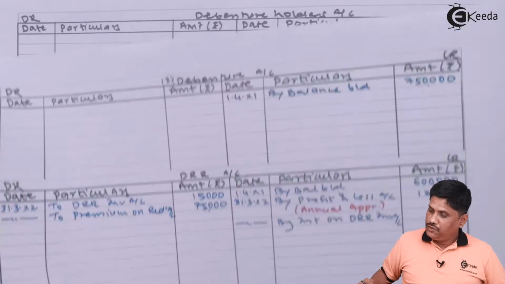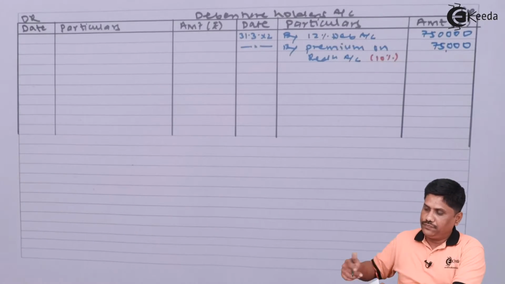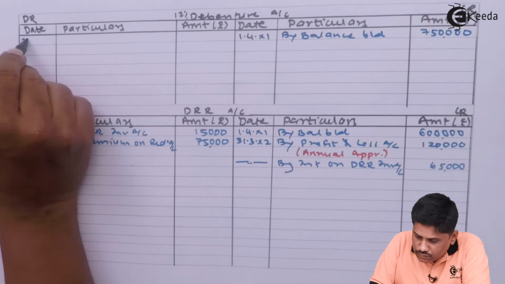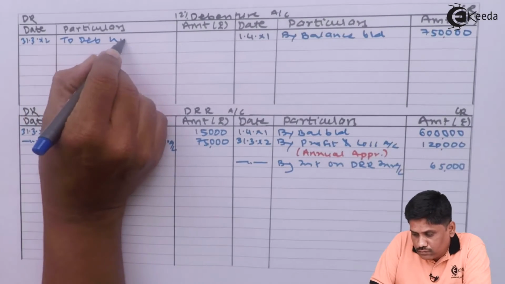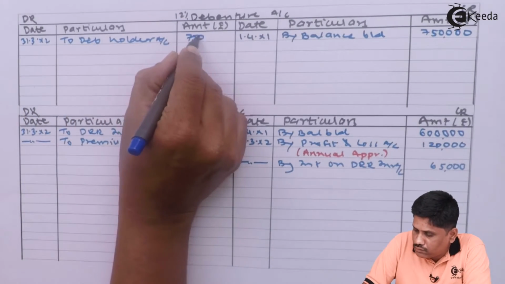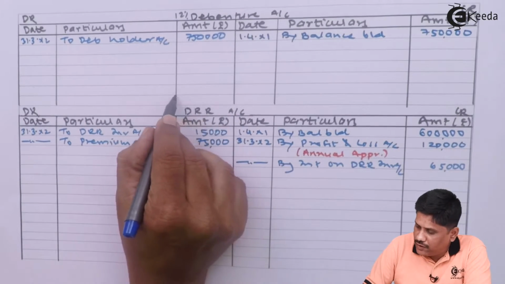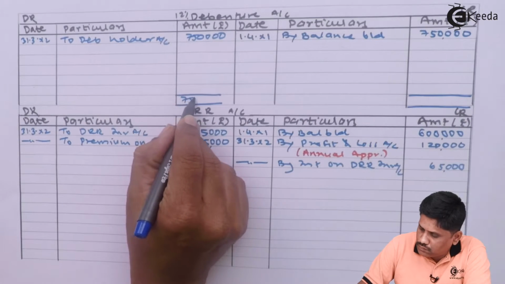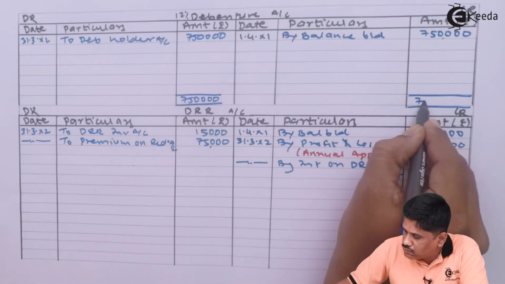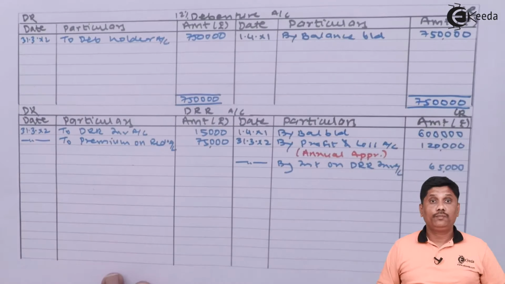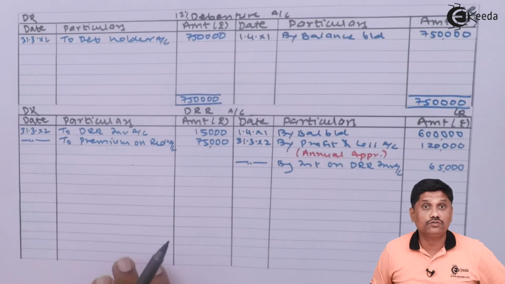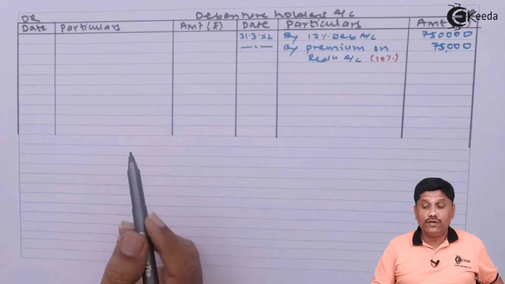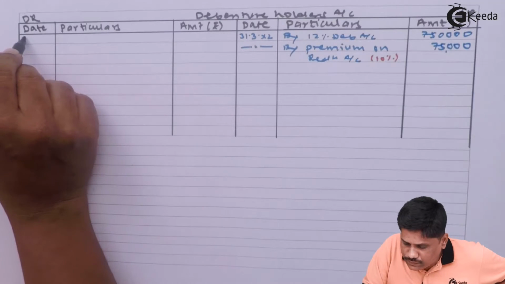₹75,000। और ये जो डिबेंचर होल्डर अकाउंट हम लोगों ने क्रेडिट किया है 12% डिबेंचर वाला, इट विल बी डेबिटेड टू डिबेंचर अकाउंट। ₹7,50,000 अकाउंट गेट क्लोज्ड। तो आपने क्या किया, अकाउंट क्लोज किया। किसका अकाउंट क्लोज किया, डिबेंचर अकाउंट। अभी डिबेंचर होल्डर्स को आपने पेमेंट किया होगा, तो एंट्री कैसे आएगा, डिबेंचर होल्डर अकाउंट डेबिट टू बैंक अकाउंट।